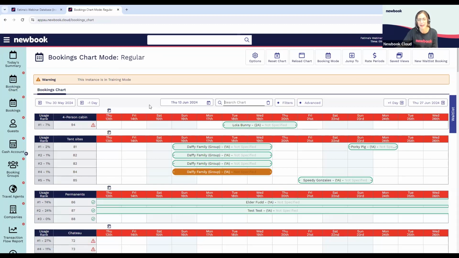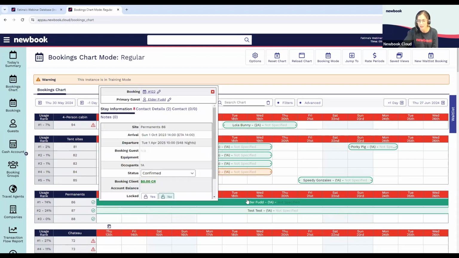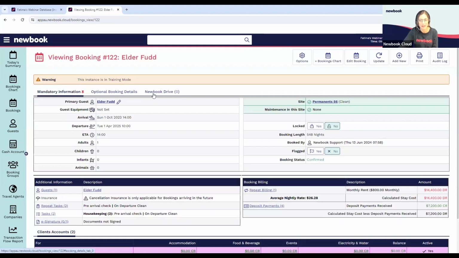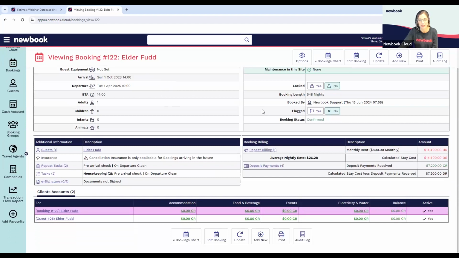The next client account that I want to go through, which is a little bit different, and some of you may not use this, but we'll go for someone who has a long-term booking. So repeat billing is what we call that. So Elder Fudd here, I'm just going to go to his particular booking. And the first thing that you'll notice with repeat billing is that we don't have a payment button on the